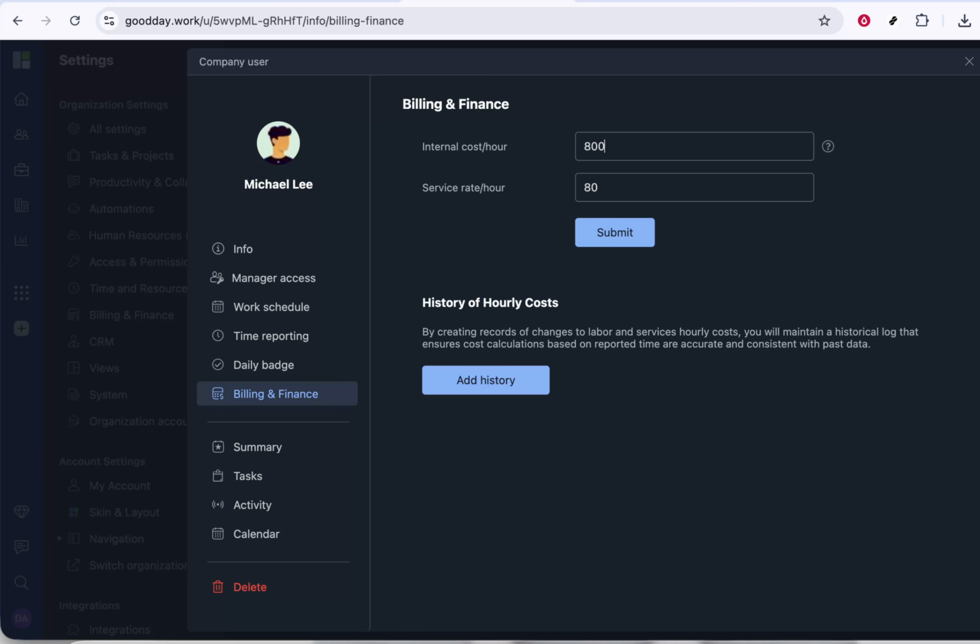Now, in the Billing and Finance section, type in the internal cost per hour for that user. Make sure you're using the correct currency and cost basis your organization agreed on, such as fully loaded cost, including benefits and overhead. Double check the value you enter, since this number can affect project cost reporting across your workspace. Once you've entered the details and reviewed them, click on Submit. This saves the new internal hourly cost for that